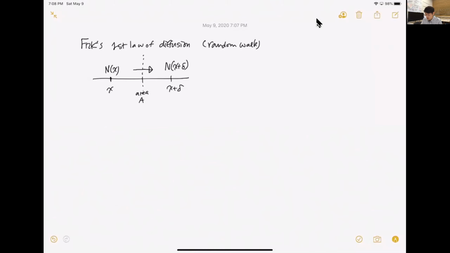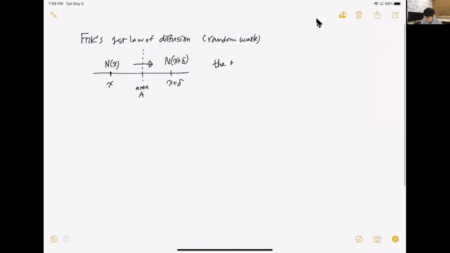And so from the random walk point of view, what is the net number of particles crossing this in between? And that's related to the concentration gradient, which was described by Fick. But let's see what happens for that. So the net number of particles crossing from here,